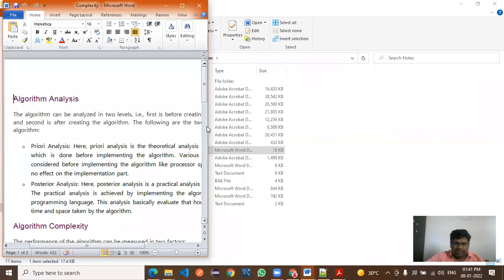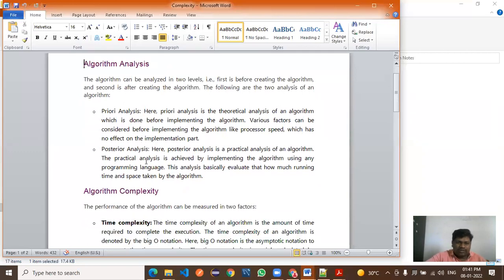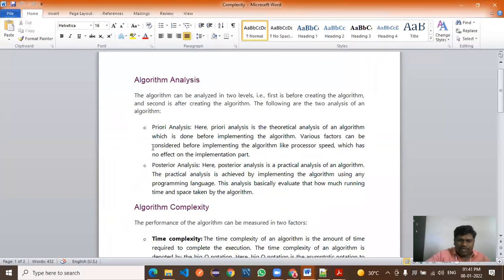So this document is visible to all. This Word file, we will just revise it. I thought that you know all this concept, so I had not gone through this point. This is not a part of our syllabus, but we need to be aware, because everywhere we require time complexity, for every algorithm we need to calculate it. Now algorithm analysis. How do you do the analysis of an algorithm? What do you mean by analysis? Analysis means what you are checking.